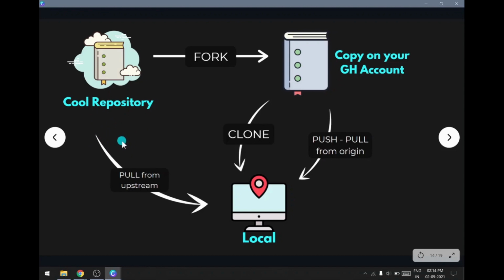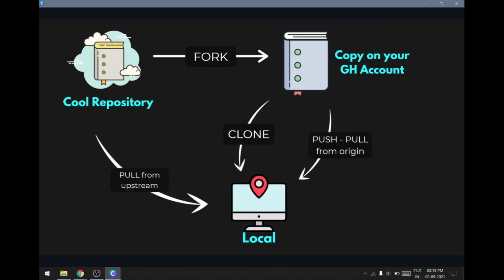There are several ways you can do so. Let's just assume that the ideal scenario is that you might want to work on it locally on your preferred IDE perhaps. So the first step shall be to fork the repo first, which is basically creating a copy of that repo onto your GitHub account. After forking, you own a copy of that repo on your GitHub account.